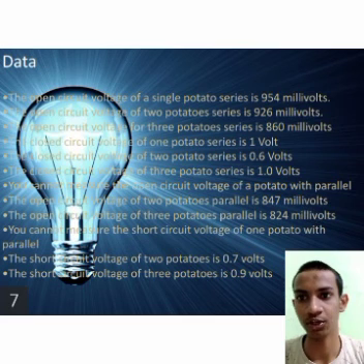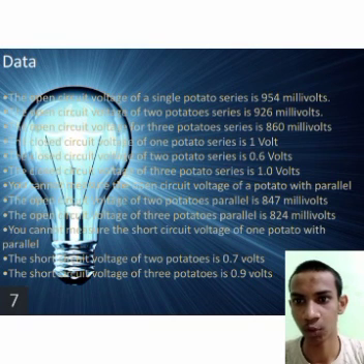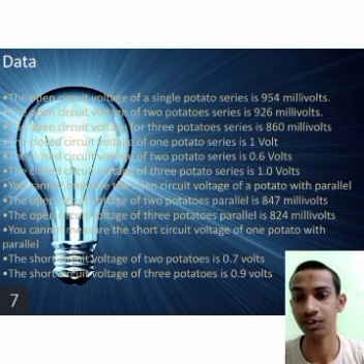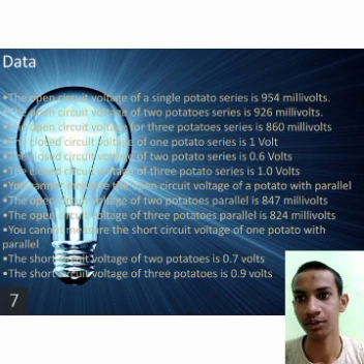Data. The open circuit voltage of a single potato cell is 954 millivolts. The open circuit voltage of two potato cells in series is 926 millivolts. The closed circuit voltage of three potato cells in series is 860 millivolts. The closed circuit voltage of two potato